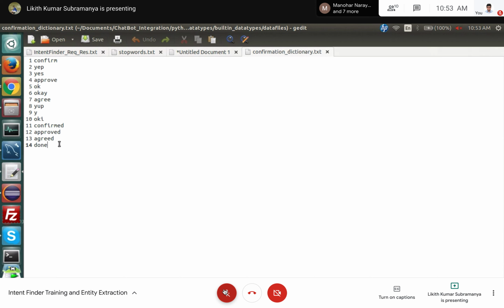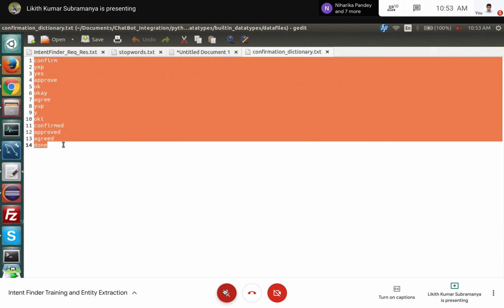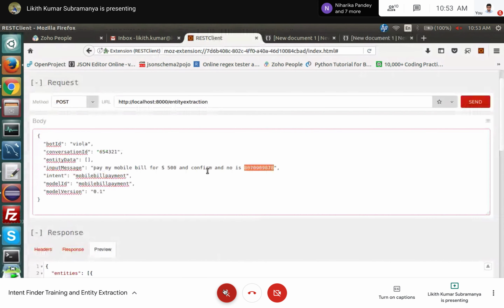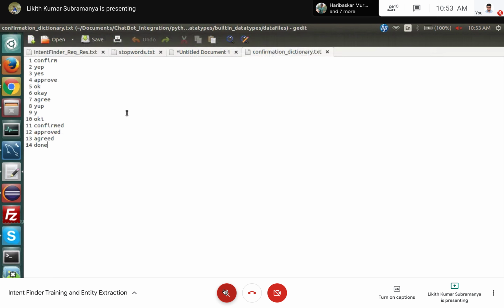Once we form this dictionary, we work based on the message. Here, the message I have given is confirm. Based on this message, it will look up this exact text in the dictionary file. If the exact word is present in the dictionary file, it will extract that value and give it to the user.